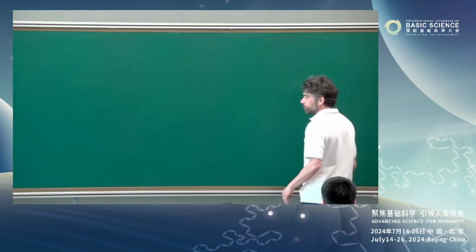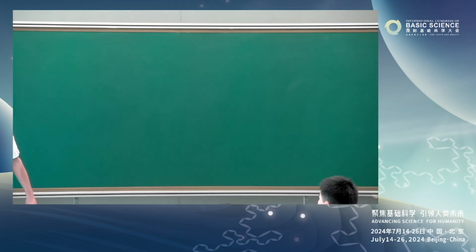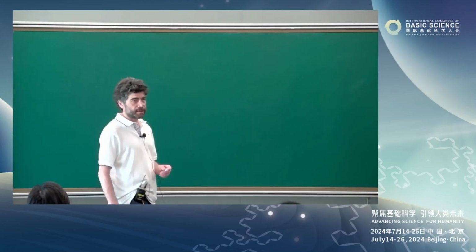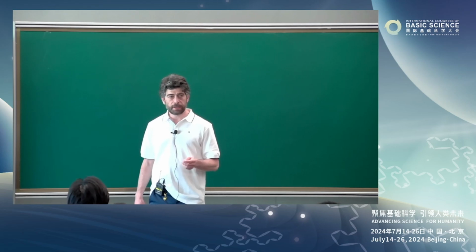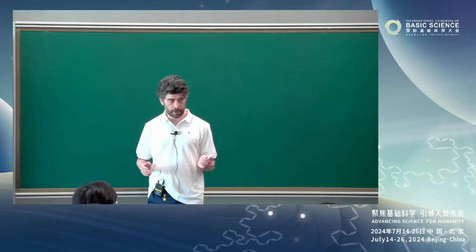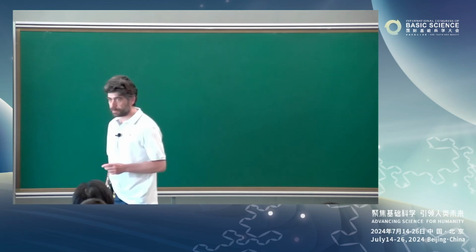So what are we talking about? We're talking about an object called discrepancy. What's a discrepancy? It's something you look at when you have a point process, a sequence of points that is well distributed, uniformly distributed, and you're interested in what we call the error or the discrepancy.